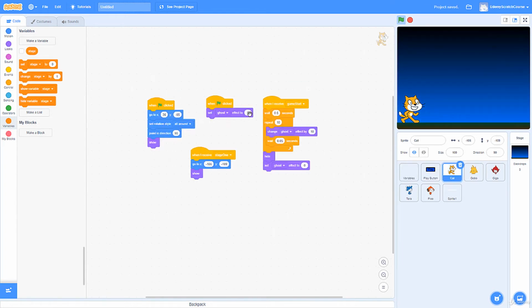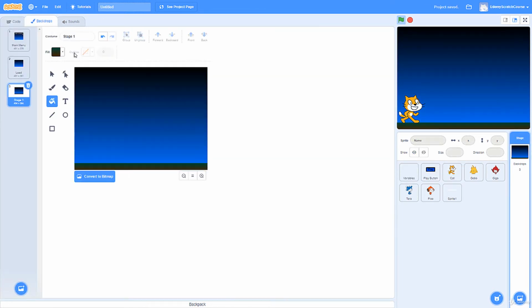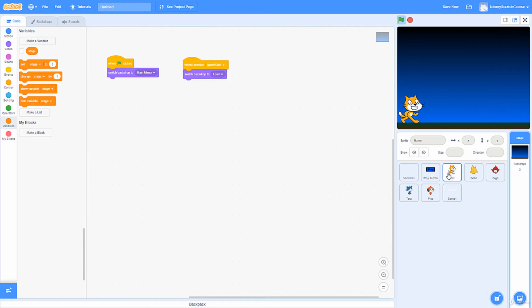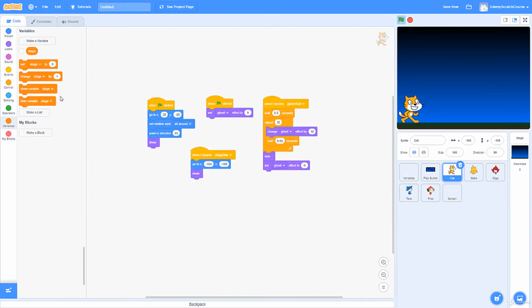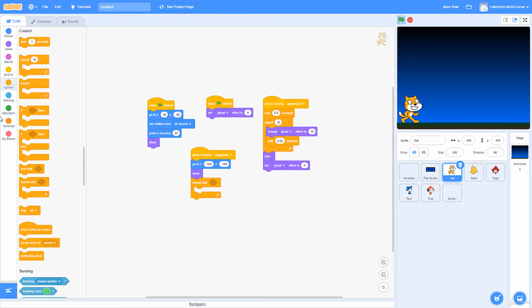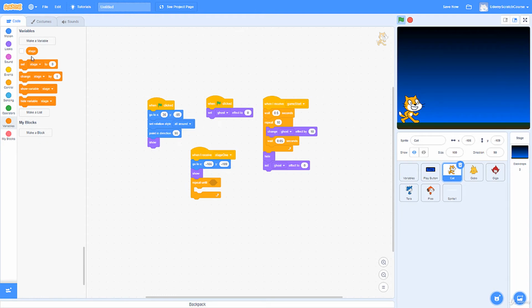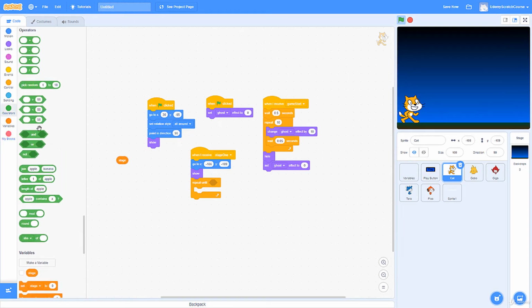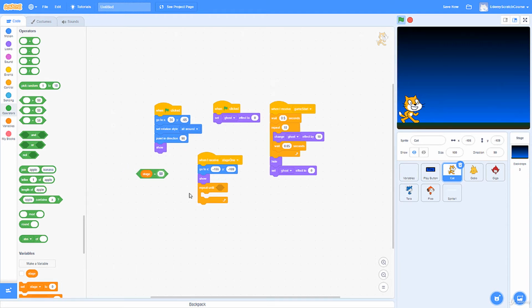So now stage is based on whatever stage we're on, and the backdrop applies it too. So we have messages, variables, and backdrops now that we can work with. It's kind of the fundamental three things, whenever you're working with a lot of things in Scratch. For example, now that stage is 1, I can go repeat until stage is not 1. Better yet, instead of doing the not 1, I'm going to go wait until stage equals 2,